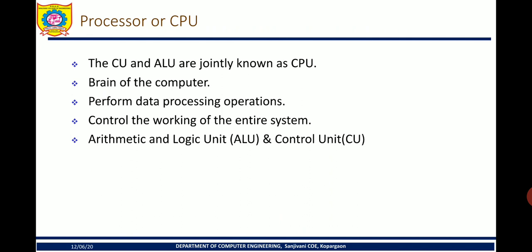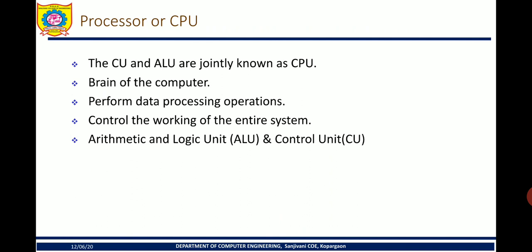Now the next part in processing units is your processor, which is most important. It has the CU and ALU. CU stands for control unit, as written at the bottom. ALU is your arithmetic and logic unit. These two combined execute a program. The control unit gives control signals to other devices about what is to be done, depending on the instruction or command given to it. So it generates control signals, and the execution actually happens in the ALU.